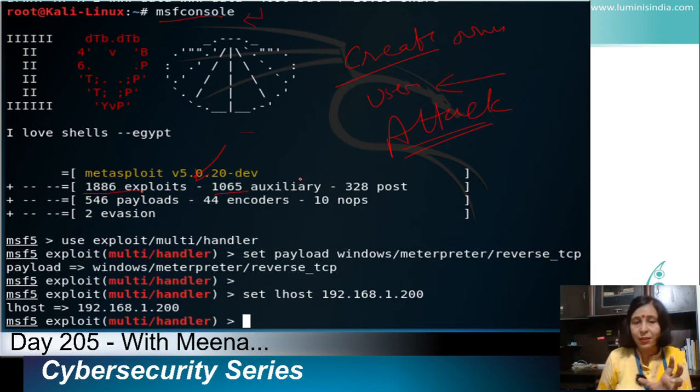Okay, and auxiliary has 1065. So we can find which vulnerabilities exist and how we can use the code. You can see here I used the exploit multi/handler for the Windows meterpreter, and I performed an attack on a machine, which I'll show you in another session, because that's not what I will discuss right now.